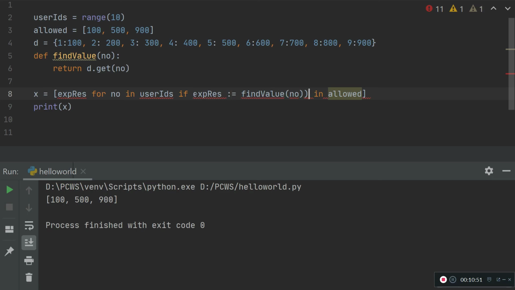If you are not using brackets, that will give a different meaning altogether. That is going to fail. So this is confusing for new people who are just entering into Python to learn. But otherwise, it is a good feature we can make use of in our code. Yeah, that's all about the walrus operator.